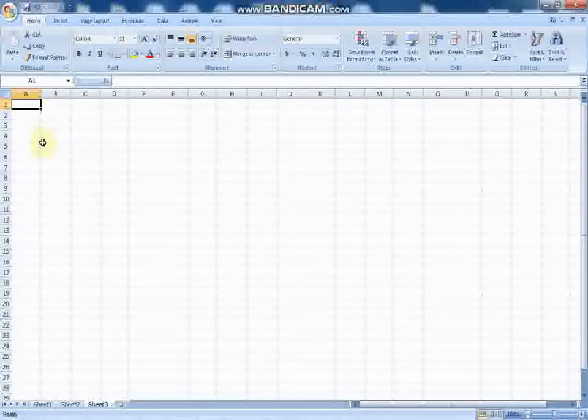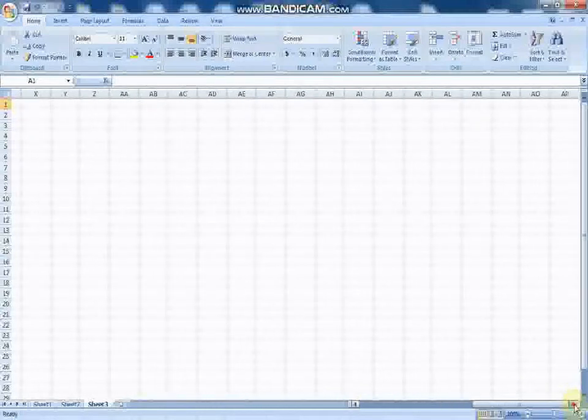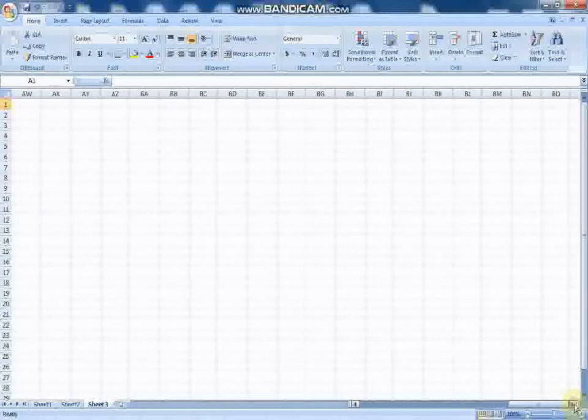In MS Excel there are so many columns and so many rows. In Excel there are 16,384 columns. Yes, from A to XFD. Till Z you can see from here, and then just go on clicking this one and then you can see the number of columns, so many columns.